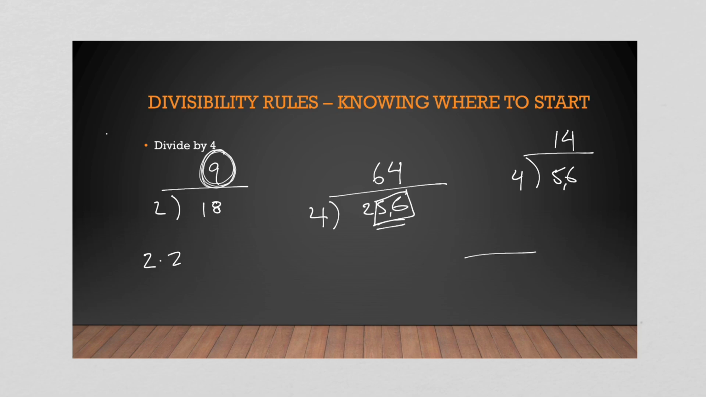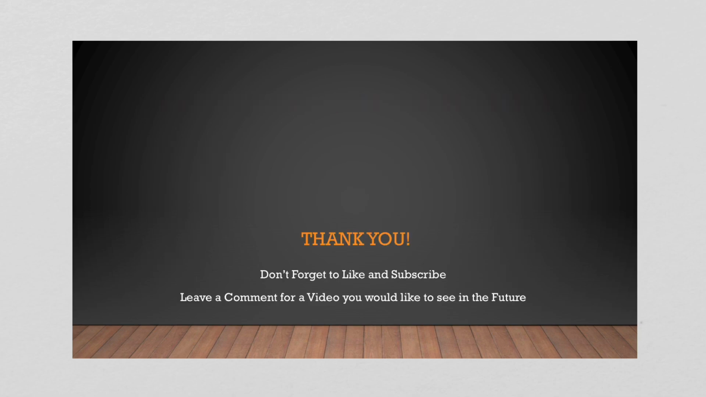All right, so another one, 244. Well, 44 is divisible by 4, so the whole thing's going to be divisible by 4. 4 goes into 24 6 times with no remainder. 4 goes into 4 once. So there you go. We got these interesting divisibility rules for 2, 3, 5, 10,